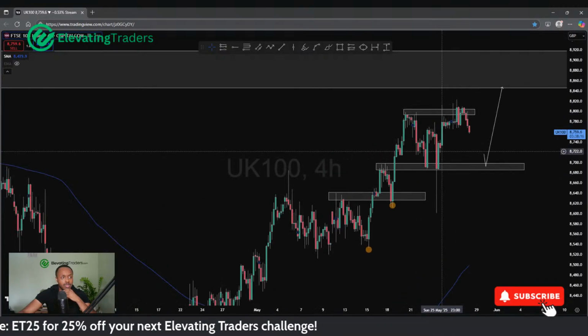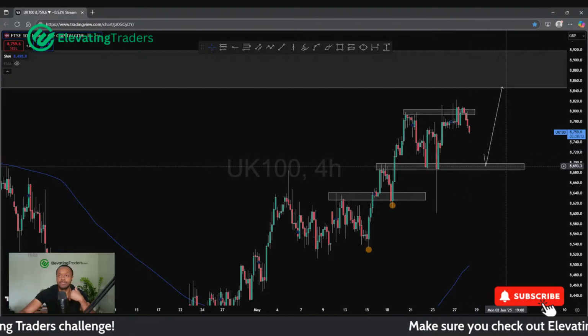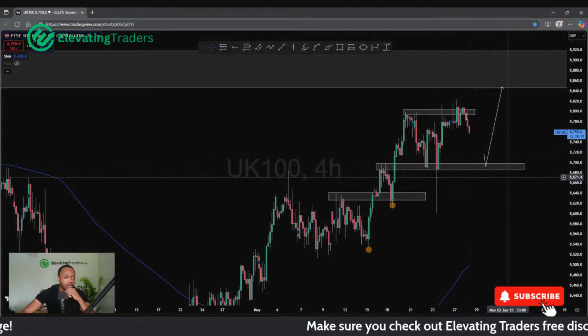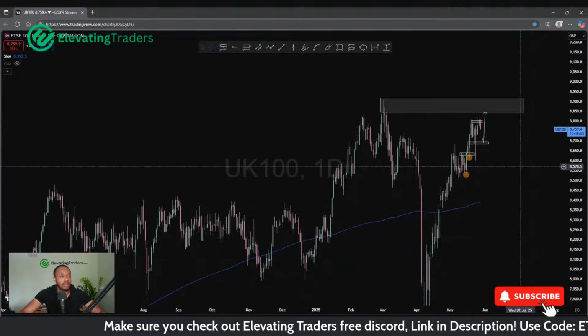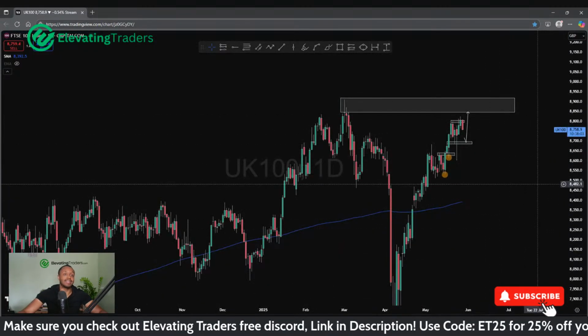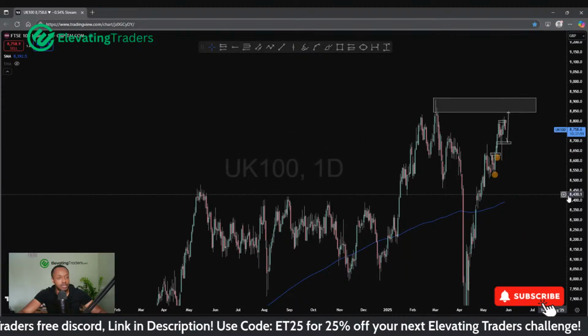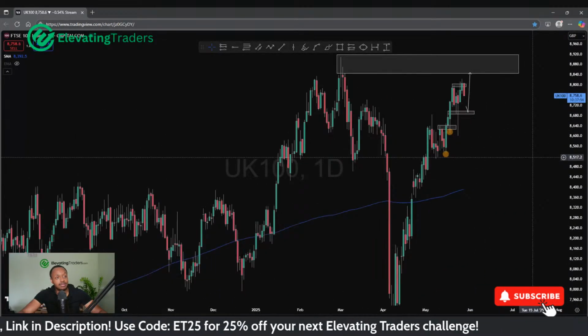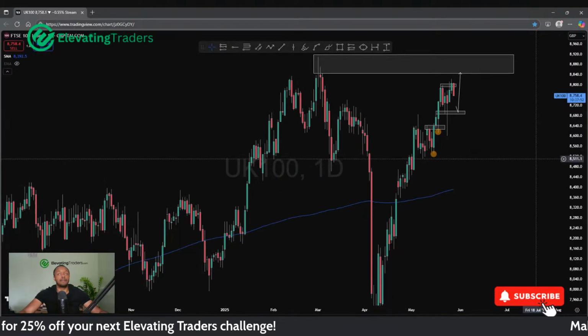So I would wait for markets to kind of relieve themselves a little bit, approach support again, then use that to go long. But yeah, as a whole, still a very bullish market, and I do think we will return back to highs at 8,900 and probably some new highs past that point as well. So yeah, as a whole for the major indices,